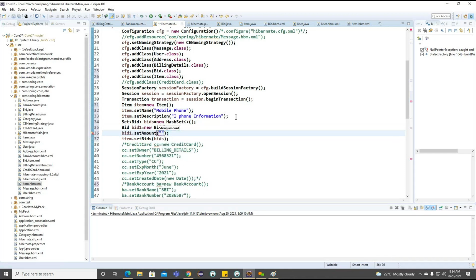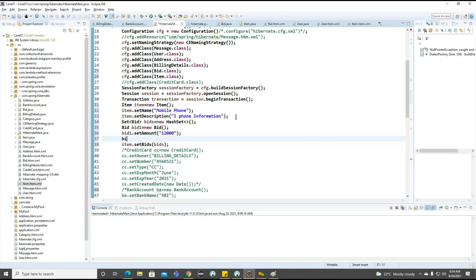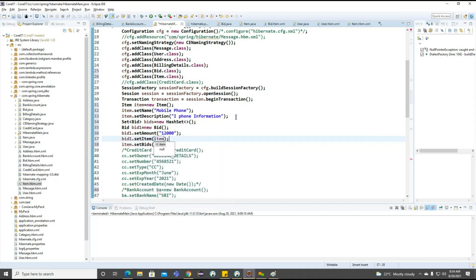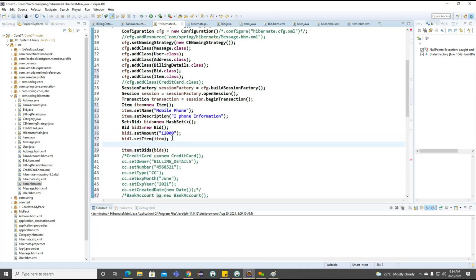So amount here. Amount for this particular mobile phone. So 12,000 I want to give for this particular item. Okay, and what I want to write here, I want to set this particular item. Okay, and same way I'm creating